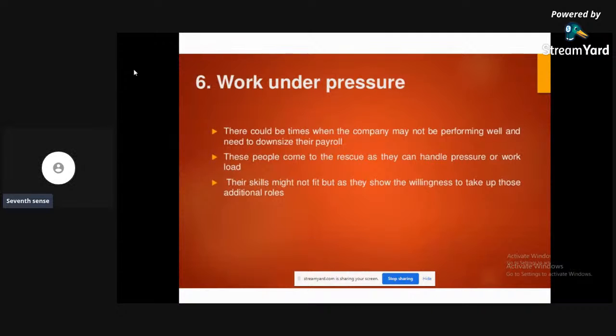Work under pressure. Work is stressful. This is everyday work, especially in the corporate world. Waking up at 6 in the morning, starting work at 7, getting home at 7, and still working. Sometimes it happens. Such situations will make you stressed. For example, you have a week's work to complete in 2 days, or a week's work in 3 days, where on the third day you have to take leave.